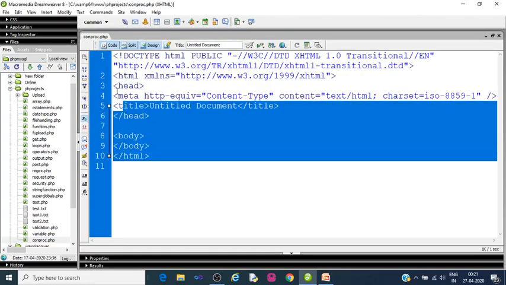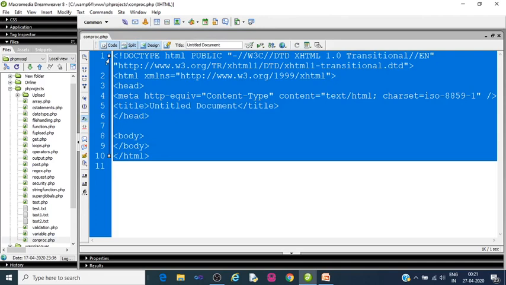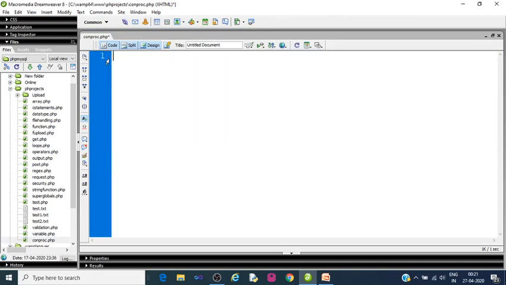We'll remove all this, as it is not required, and then we will start a PHP script, close the PHP script, and initialize a variable which will save the database connection information, mysqli_connect.